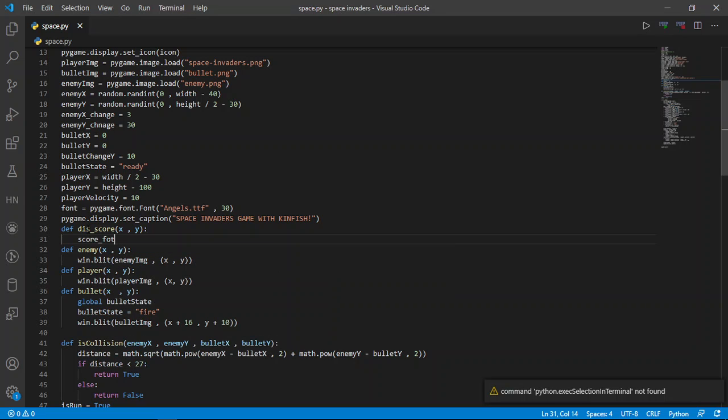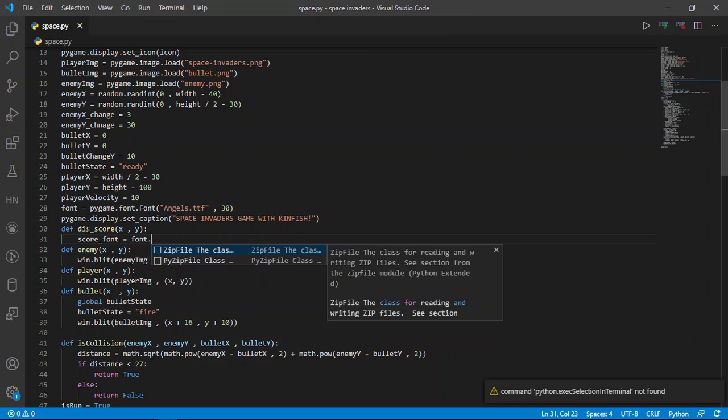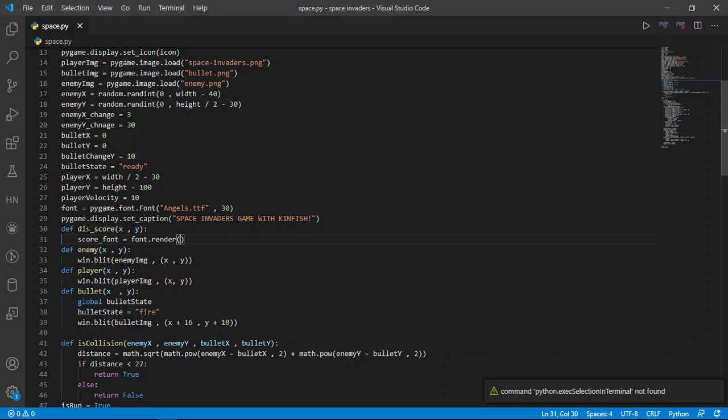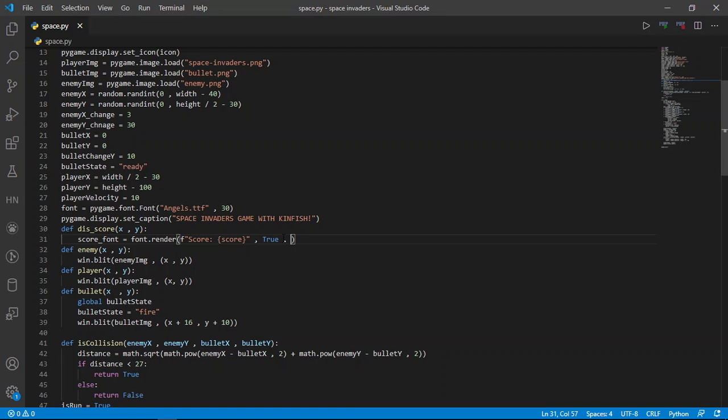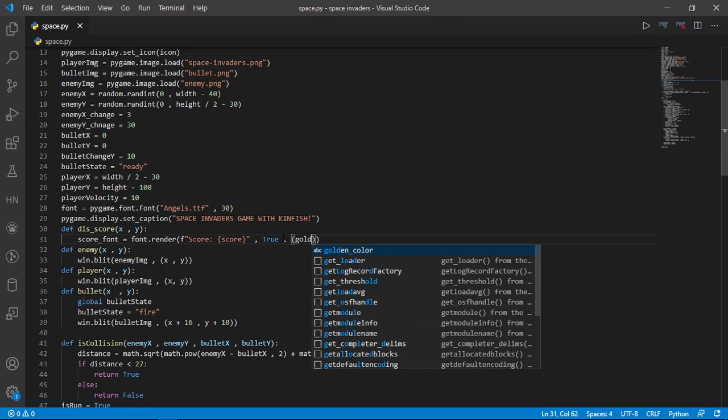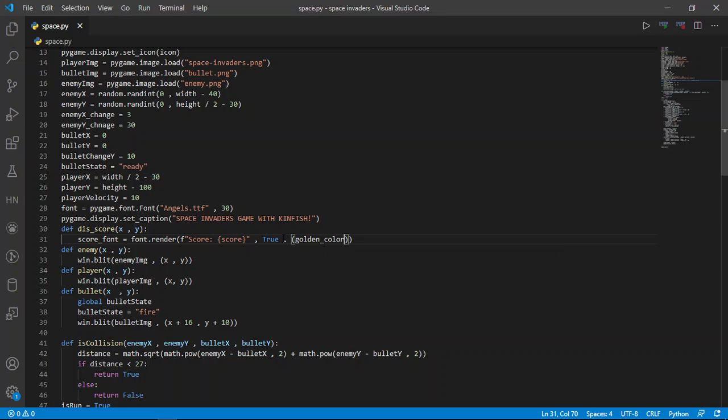I'm going to store the score font, which is going to be equal to the font dot render method አለ, this render method, the first argument is going to be the actual text ነው እናስቀምጠው ማለት score, which is going to be equal to, if string እንጠቀም ነው I'm going to define the score, and also the second argument is going to specify either true ማለትም anti-alias ማለትም anti-alias, smooth curve እንዲኖረው true ያደርግ ነው, if it is not, false, something like a sharp curve ነው የሚኖረው ማለት ነው. The third is going to be, let me just make it the golden color, I'm just making the golden color ማለትም the color value ነው እናደርገው ማለት ነው